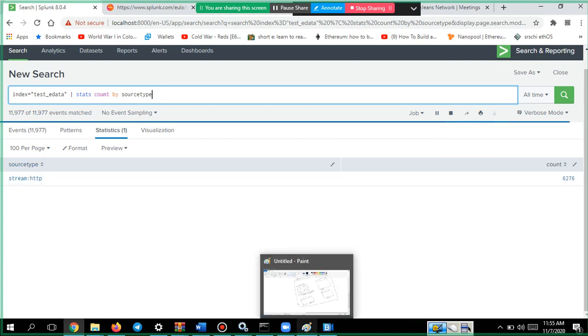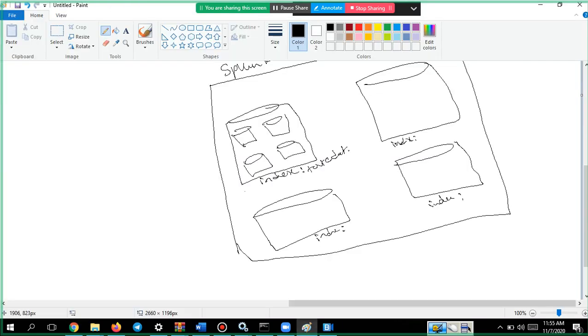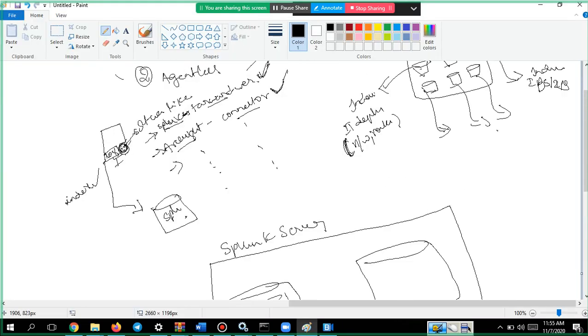Before that, let us go through some other things as well. This is about the agent, meaning the logs will be forwarded from this particular machine to this particular Splunk. But the problem is, some IT teams are very particular. They don't want to allow any other third-party software to be installed on their machines. So what should they do now?